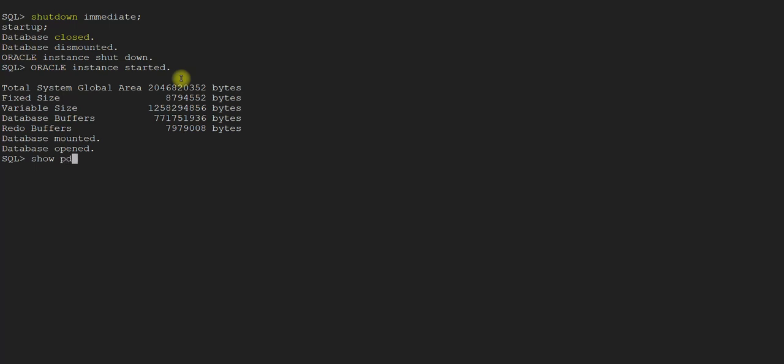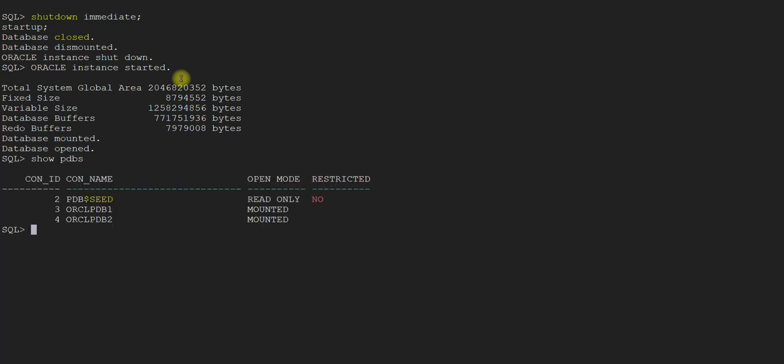Now we will verify show pdbs. It is in mounted state. It means that it's in closed state. No application user, or any user created under the PDBs, will be able to connect, because this is currently in closed state. Do not confuse this mount state with the mount state of the non-CDB database. So this is not the mount state, it is actually a closed state.